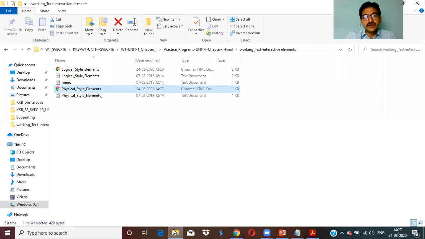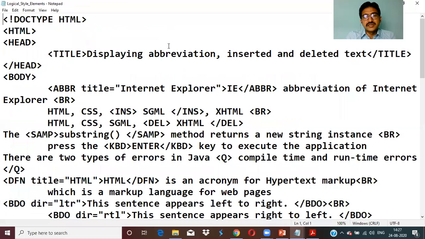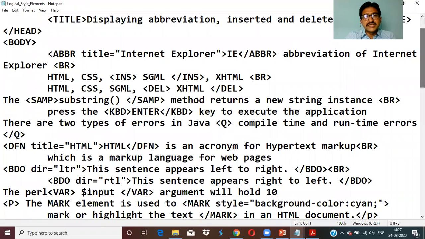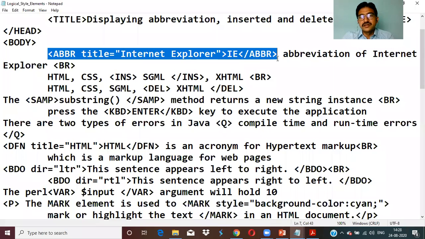Now see the example for logical style elements. So see, this is the example for logical elements. Many things we have discussed in the logical elements. Now here, see abbreviation. This is the abbreviation. Now knowing the element is not enough to write the HTML code. Usage of that element is also needed. For usage of that element, we require attributes for that particular element. We need to know a little bit of knowledge on the attribute. Then only can we know the usage of that HTML element easily.